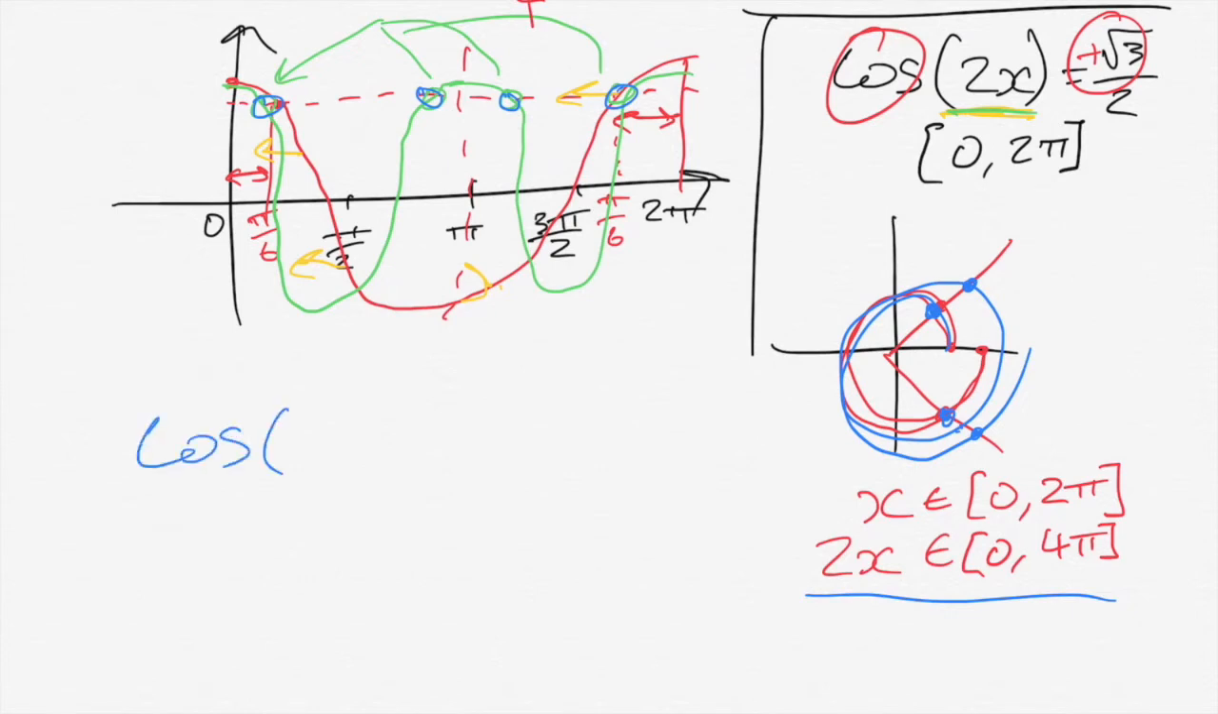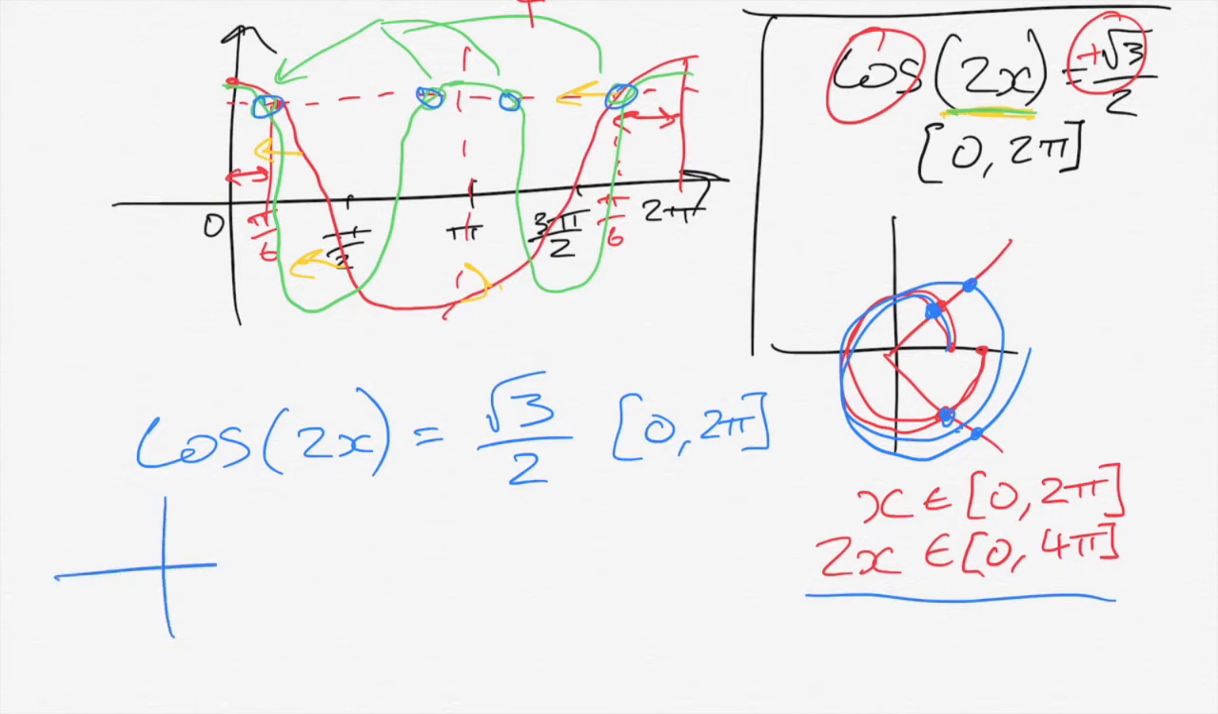I'd write out cos 2x is equal to root 3 on 2 over the domain 0 to 2 pi. That's what's given there. Thus, my first step is to work out where my solutions are. My solutions are going to be there and there for cos. My adjusted domain is going to basically say, well, since x is going between 0 and 2 pi, what's the thing inside the